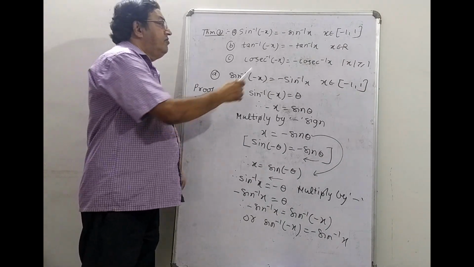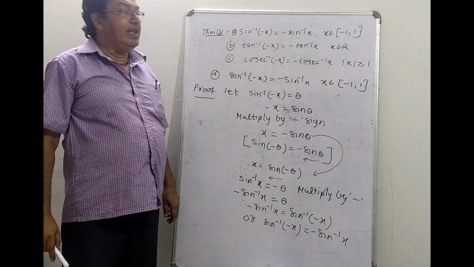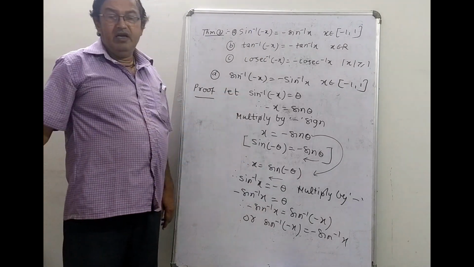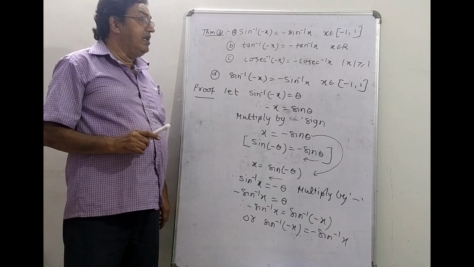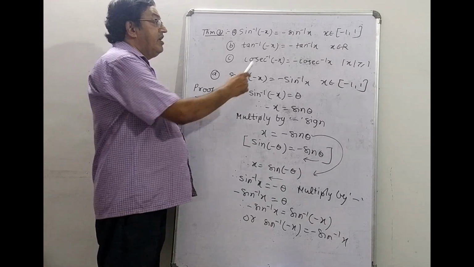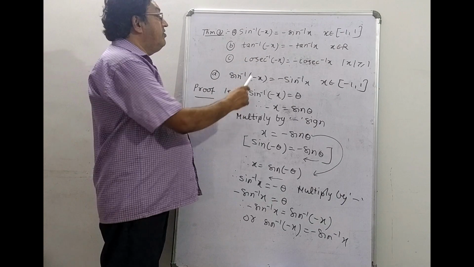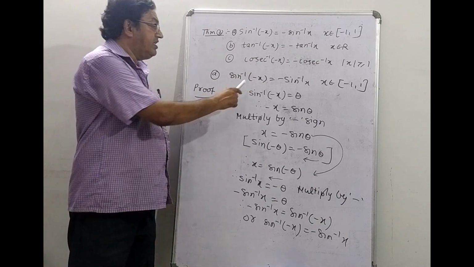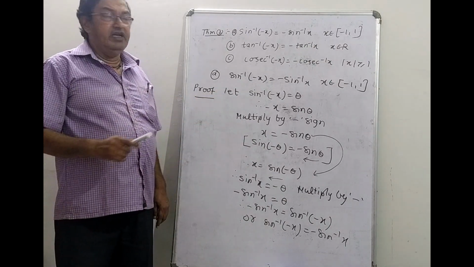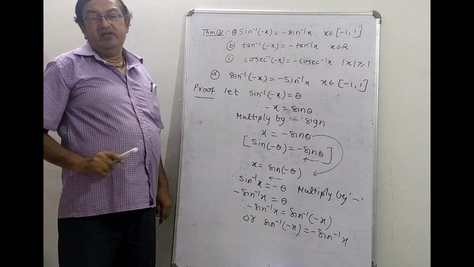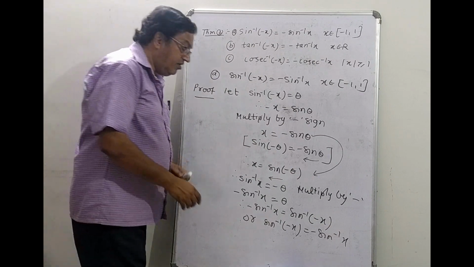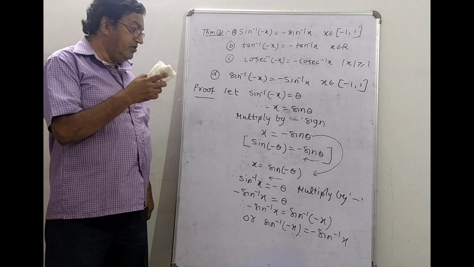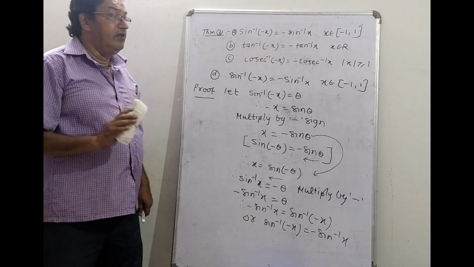Similarly, to prove the second part, you can take tan inverse of minus x is equal to theta, use the same steps, and again using tan of minus theta is equal to minus tan theta, you can prove the second part. And to prove the third part, you can take cosec inverse of minus x equal to theta, and again you can prove the third part. So this is about theorem number 2. For the second and third parts, you can continue on the same basis using proof number 1.